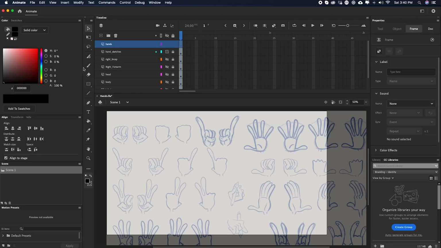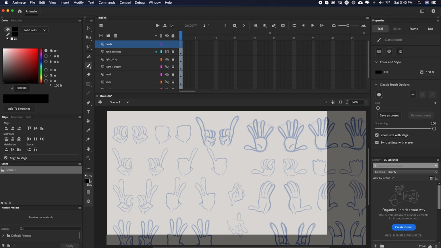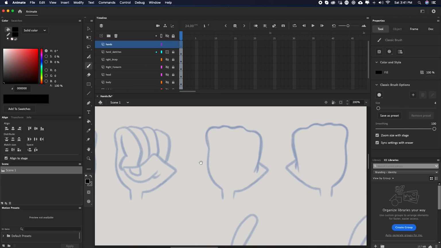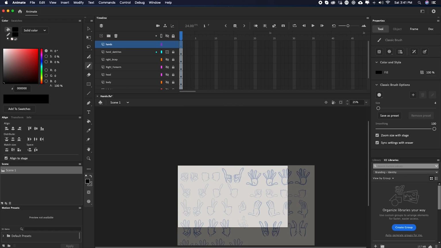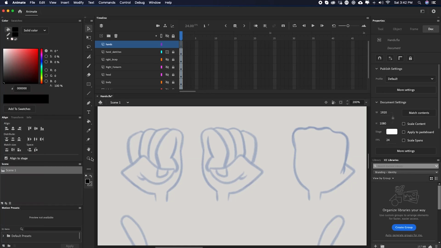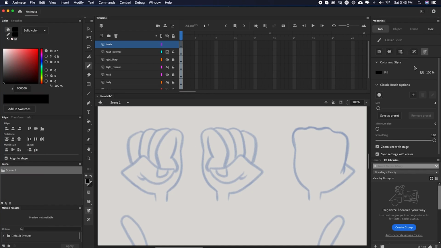Switch back up to hands, and we're going to click Classic Brush, and we're going to drop down and go to Paint Normal. I'm going to zoom in, and if you notice, I have everything from the right hand, the left hand, the back side of the hand, and the front side of the hand. And before we get too deep into it, there's a couple things that I want to make sure are checked off. I'm going to go to the brush tool, come up here to the top right. I want to make sure that use pressure is turned on. If we have it turned off,